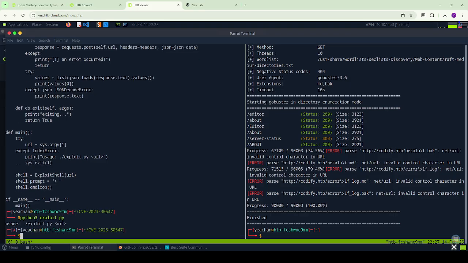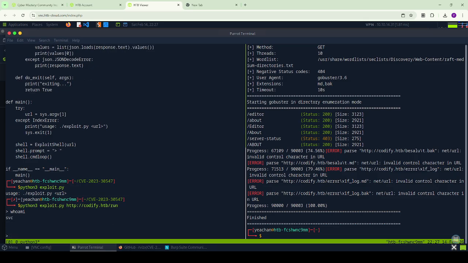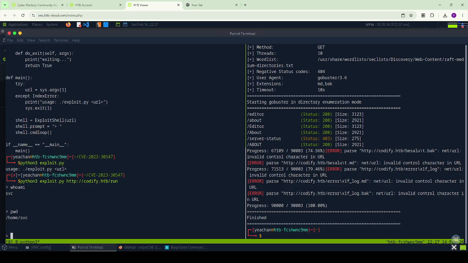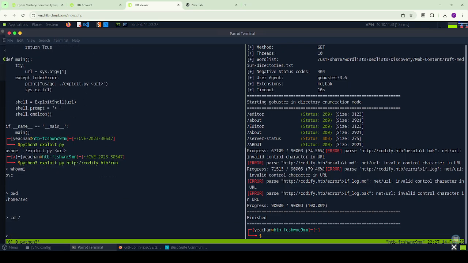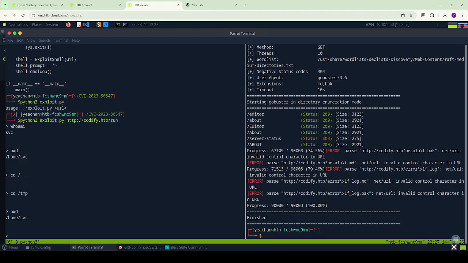Python 3. So instead of using this endpoint, we can use this. And whoami? Perfect. It looks like we are the SVC user. Now we can move into another folder. I'd like to go to the root folder or the temp folder, and I think we cannot even go to the temp folder, which should be